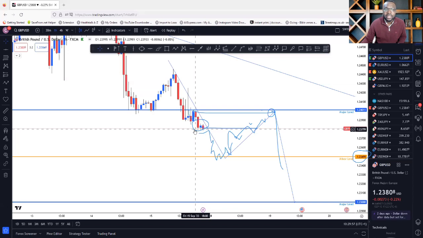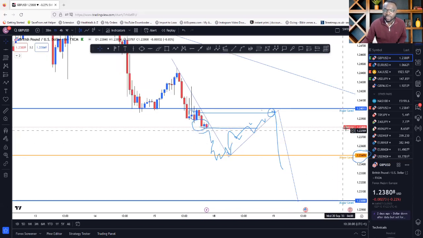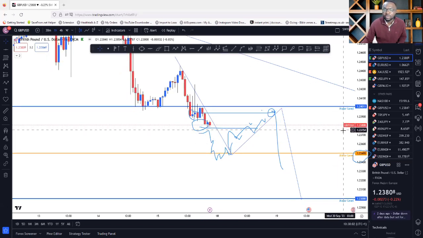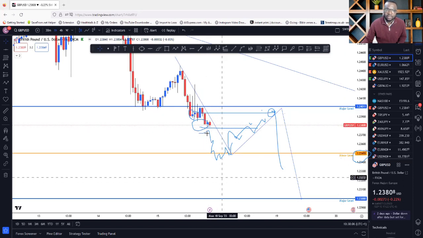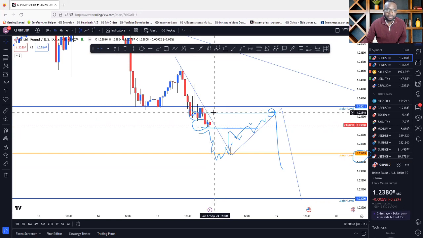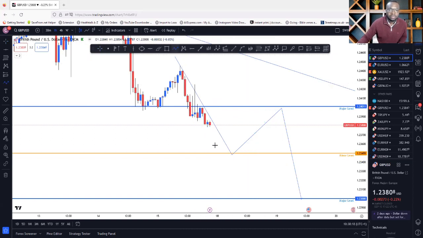Now price is already close to the middle of the psychological level right now, which is close to the half to the downside. So if it pulls back up, then wait for it. That's where you want to get in. What I mean by that is, let me clean up this. If price pulls back up in here again by creating support, fails to break that support and pulls back, then look for an opportunity to sell down. That's it. That's what I want to tell.